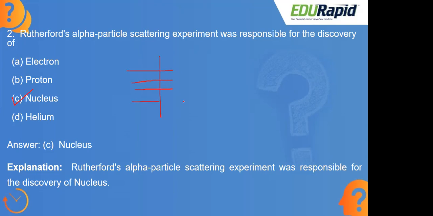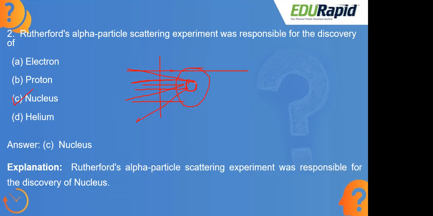Most of it got deflected because of the presence of the nucleus at the center, right? When these rays started striking the nucleus at the center of the atom, they got deflected back. But the rays which are emerging at this point, since there is a lot of free space here, completely passed through the atom. Got it? So this deflected rays indicated the